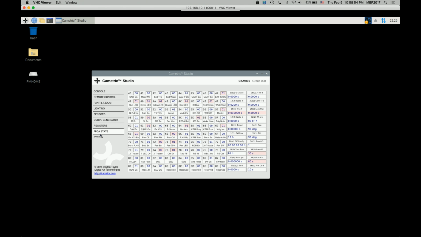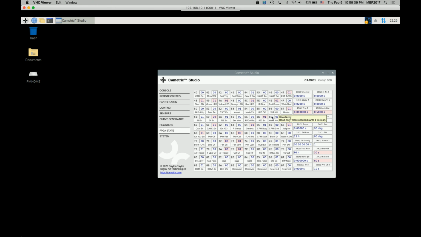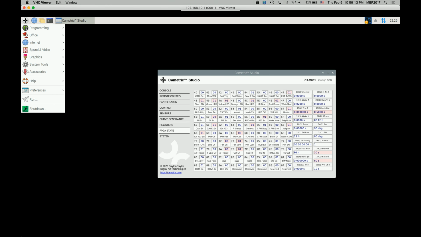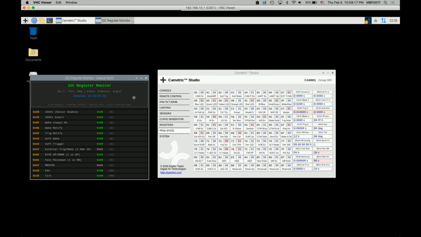This is so you can take a look as you're writing these macros that I explained on the first page that do complex sequences. As you're writing and testing them, you can look here to see what the state of the FPGA is at any given time. And then you can also use this other tool that the AI wrote, which is an actual